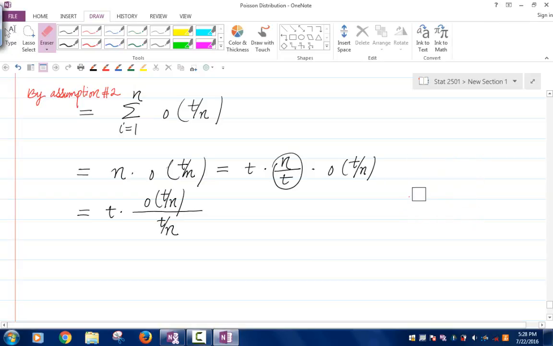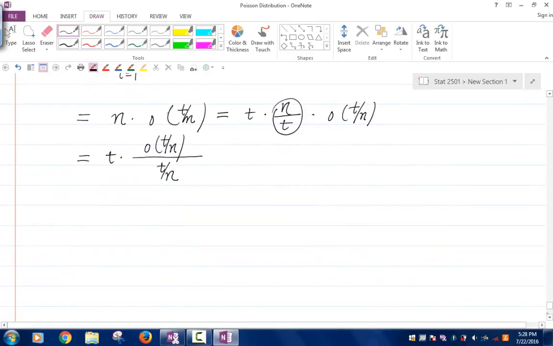Now I have little o of t over n divided by t over n. Now remember the definition of little o of something. Little o of h represents a function such that if you divide that function by h, it goes to 0 as h goes to 0. Then what we see is the following: as n goes to infinity, t over n goes to 0, and so